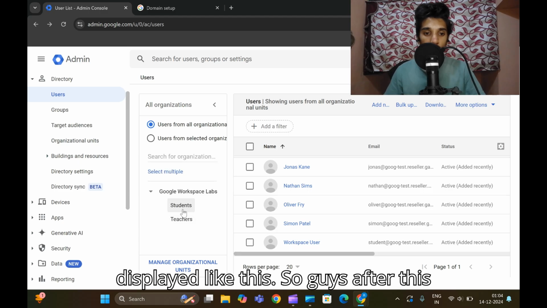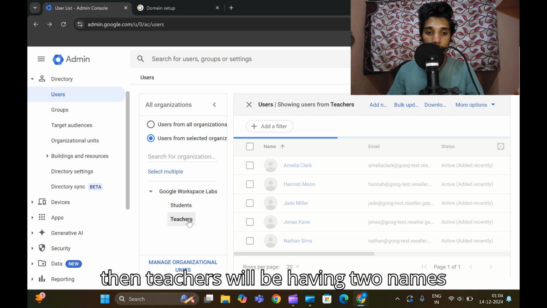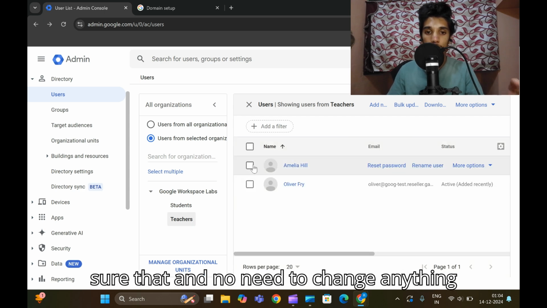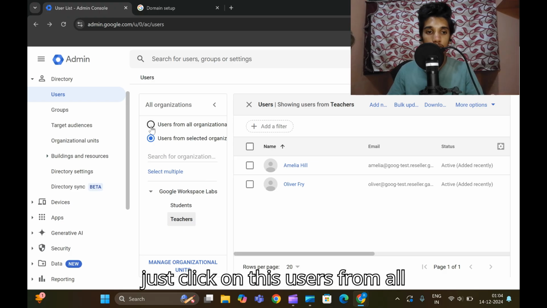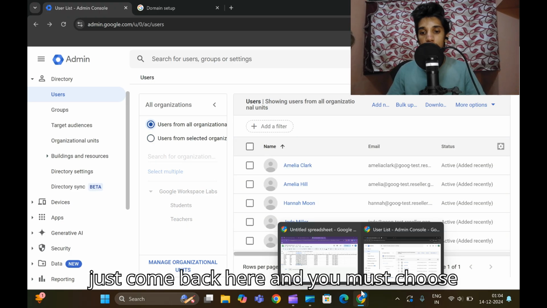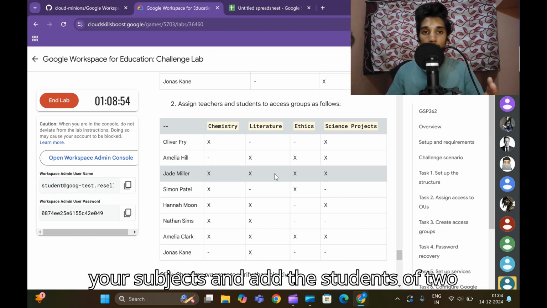So guys, after this loading, click on the students. So students will be having a few names, and then teachers will be having 2 names, Oliver as well as Animal Ill. Make sure that, and no need to change anything. Just click on this users from all organization. So the main step is that just come back here and you must choose your subjects and add the students